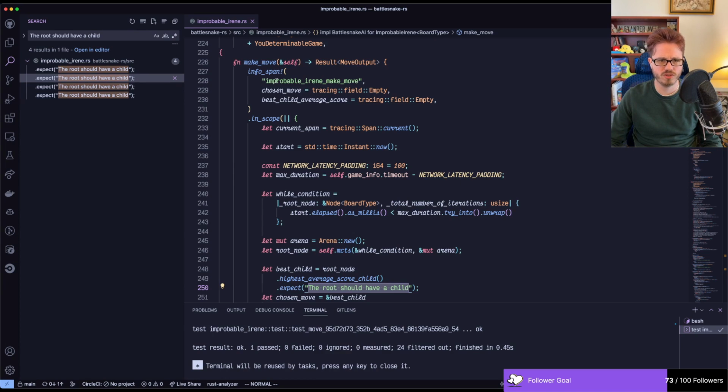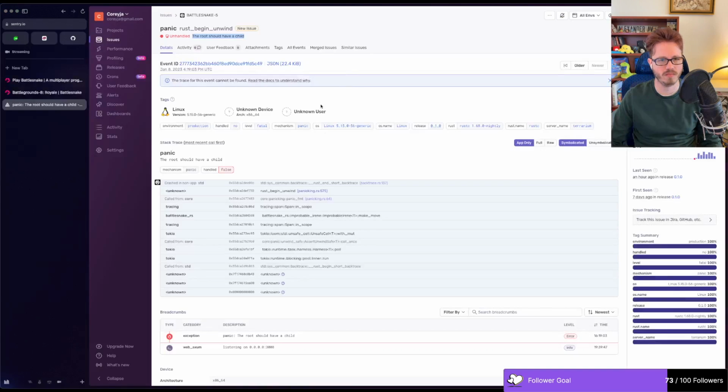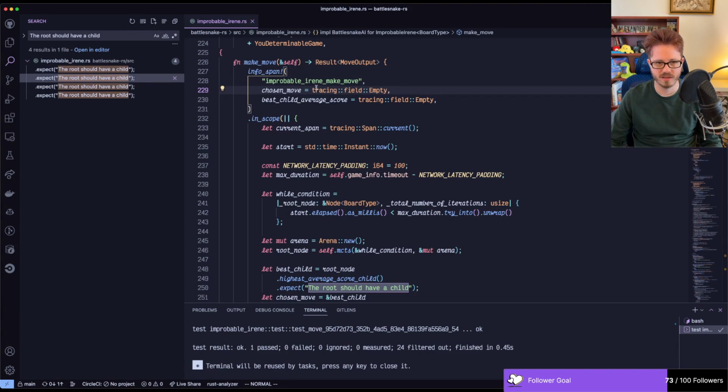I'm not really sure. This is the thing that's a little annoying. I really wanted to have an improbable Irene make move, like in the traces here. But maybe we'll look at that eventually later. It's weird to me that this isn't adding the traces. I thought that was what this trace view was supposed to show me up here. But anyways, we are getting a panic here saying we don't have a